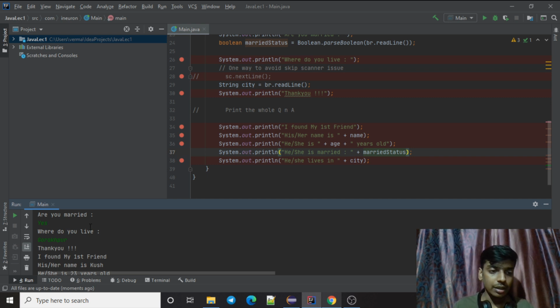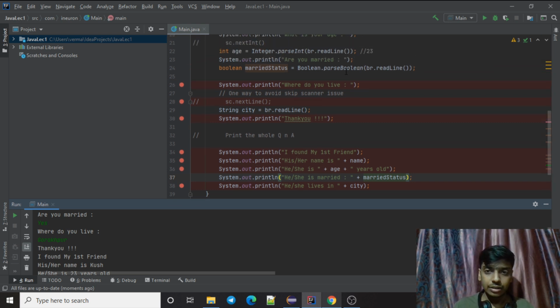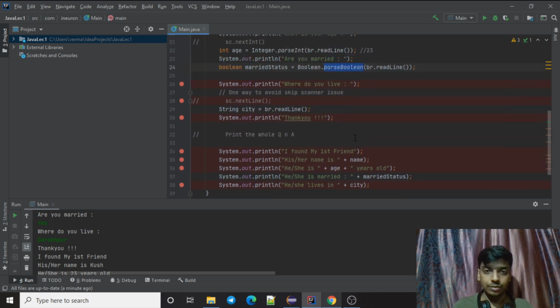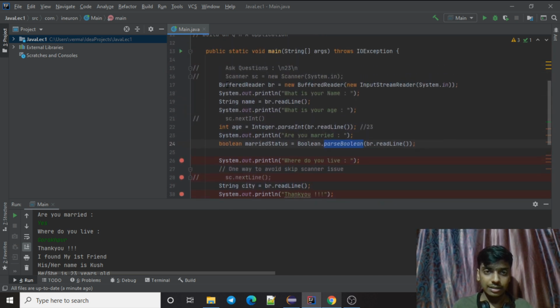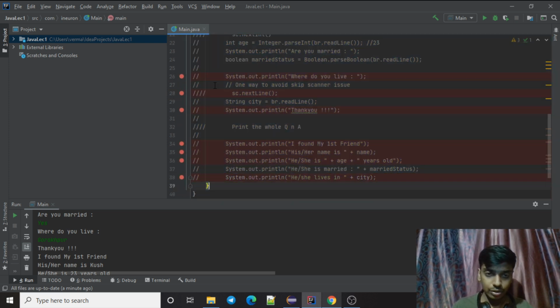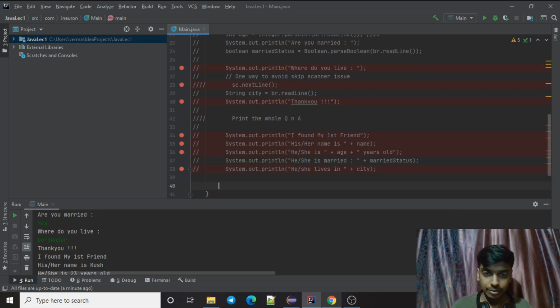Okay, so how I think the parsing works, whatever is not able to get parsed will be converted into the false. Only the true will be passed into the true. Anything else will be passed as a false. Just to explain this, I think that's a good point. Let's explain this. Just comment this code so that I don't need to travel that much.